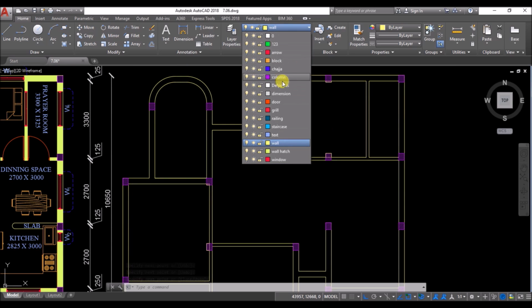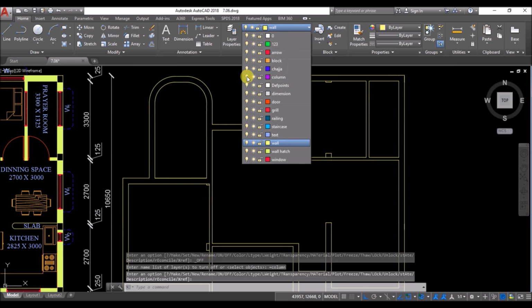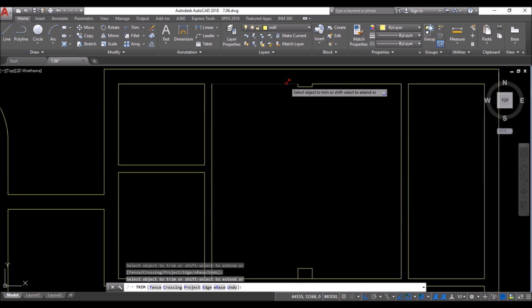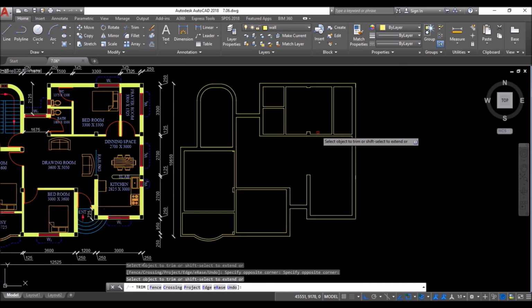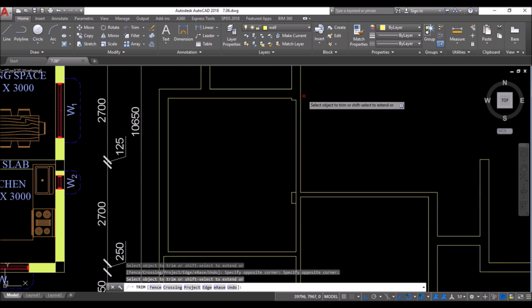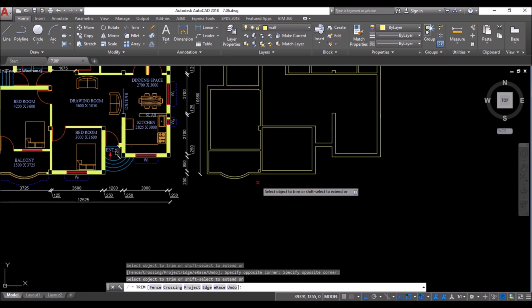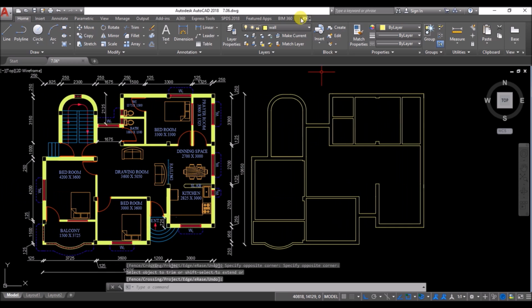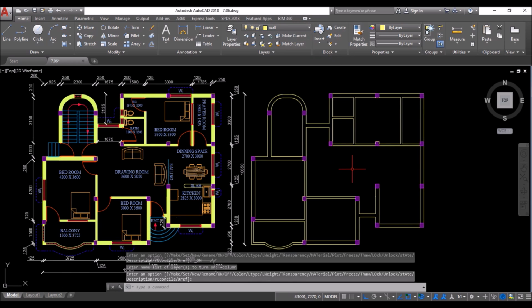After that, turn off the column layer, click on the bulb icon to turn it off. Then type TR and press enter twice and trim these parts. Then turn the column layer on.